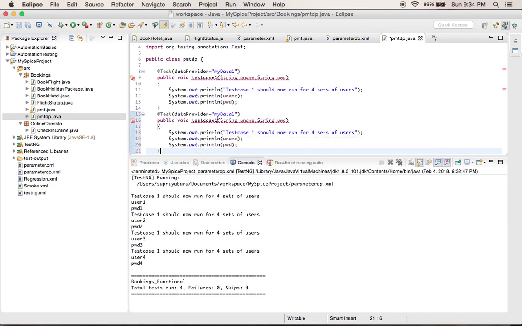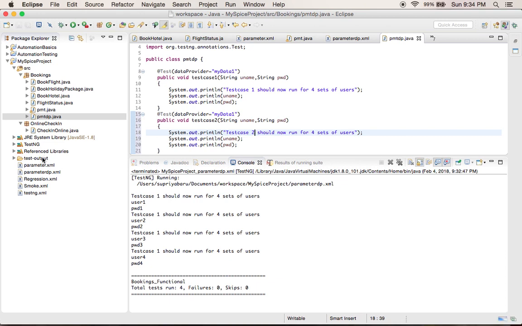These are just print statements that I am printing. It looks very easy, but when you're actually dealing with your code, your functionalities can be very, very complex. So imagine how easy it is when you actually give the data provider annotation and at once all the 4 different users' tests will be executed simultaneously. For example, I have test case number 2 here, and I'm using the same data provider. At some point I feel that this test also should be run for all 4 types of users. Now I just give: test case 2 should now run for 4 sets of users.